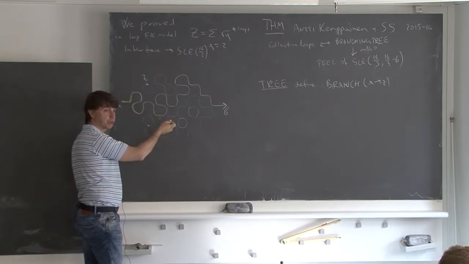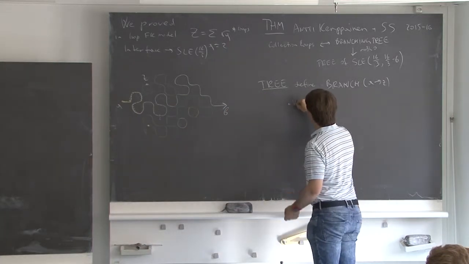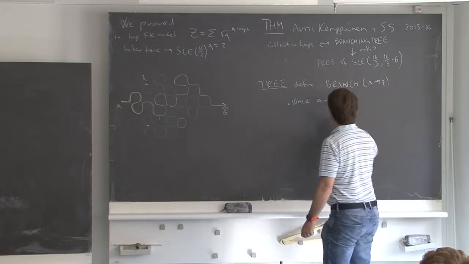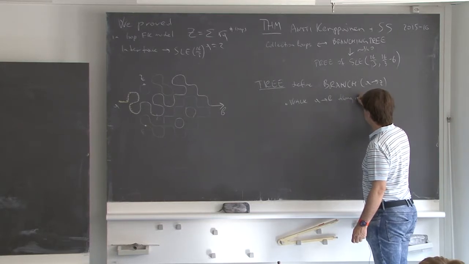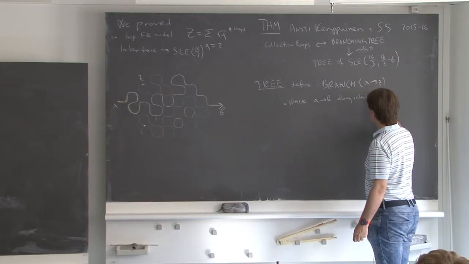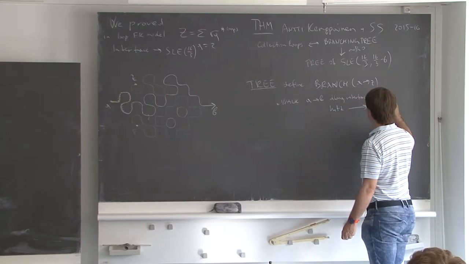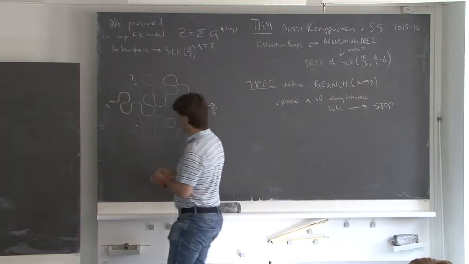That's the branch we want. So the first step is to walk from A to B along the interface. If we hit Z, then we just stop. That's the branch. Now, if we don't hit Z, which is the case here,